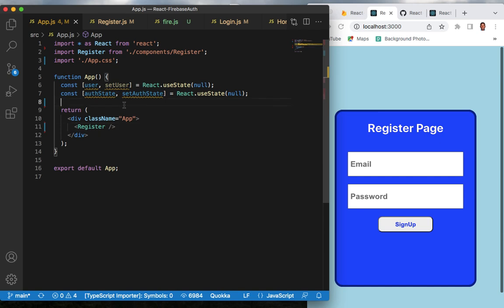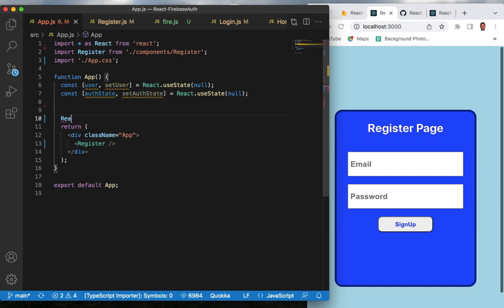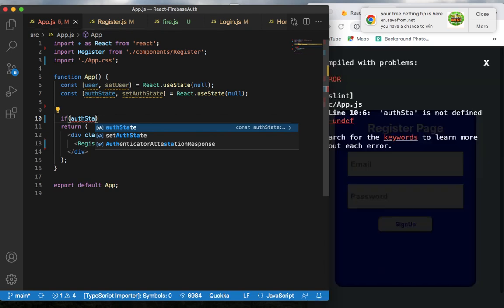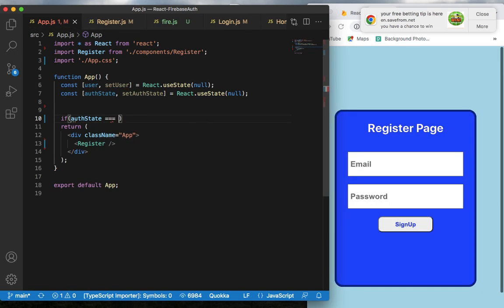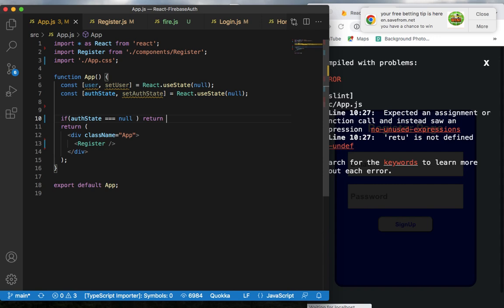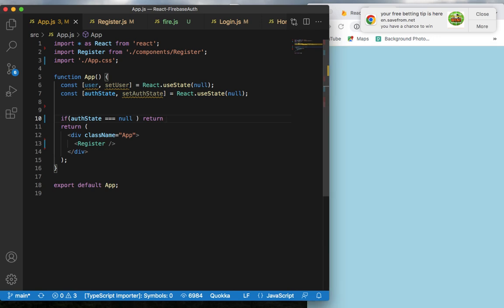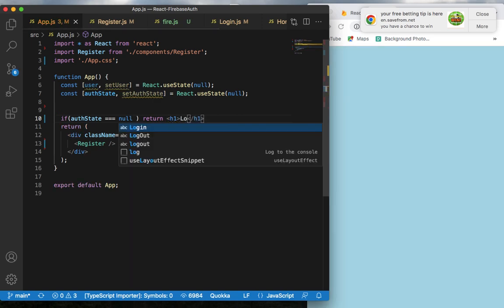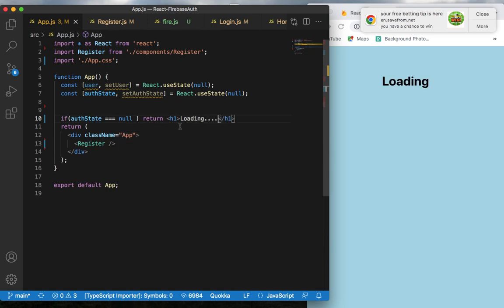we will say React. Let's say if auth state equals null, we shall return an h1, saying loading. So from that,